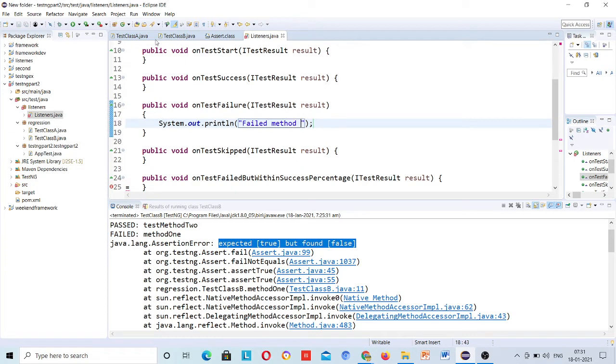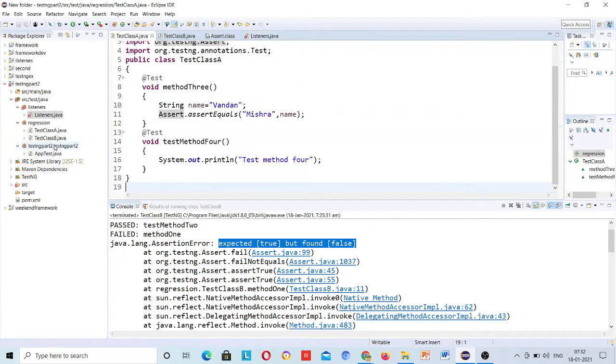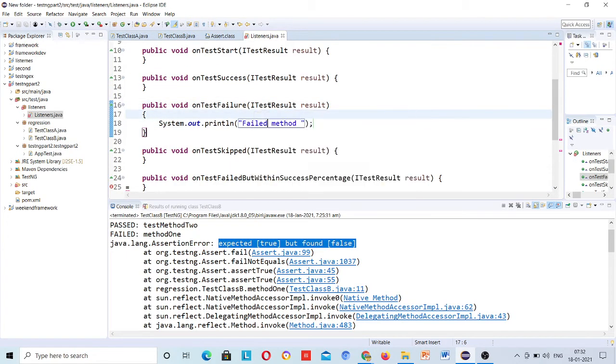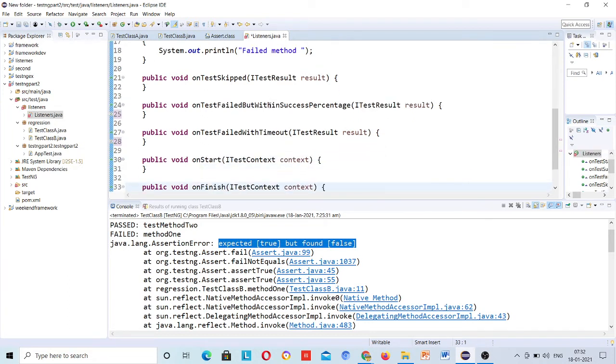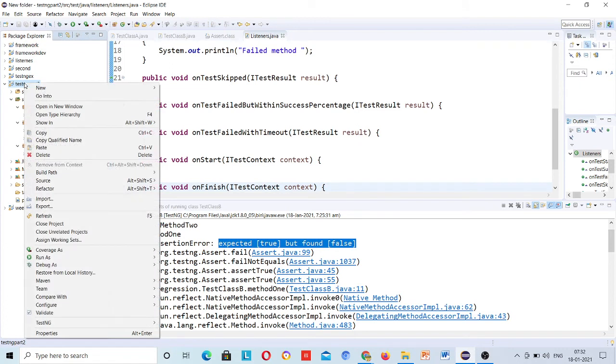Now if you run this, this is where the error is coming. Let me remove this. Now if you want to use this, first of all you need to create a testng.xml file, which is not here. So how to create it?